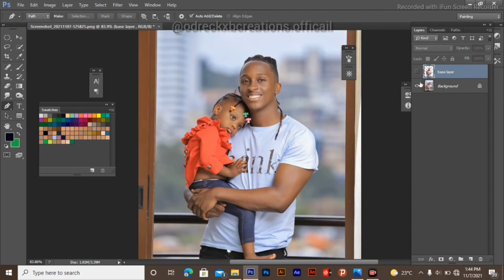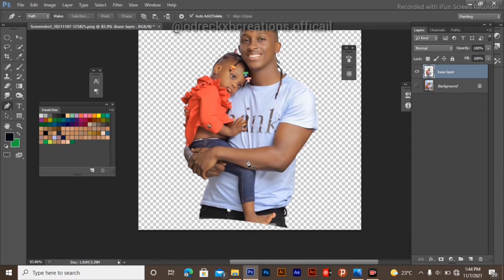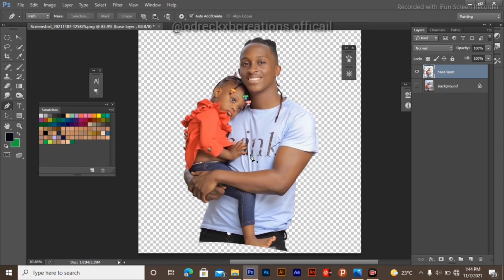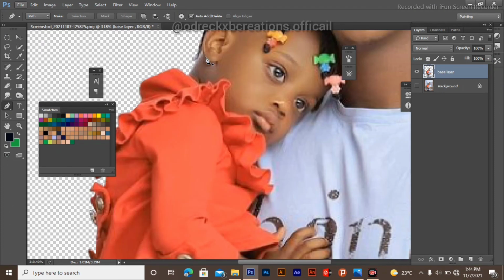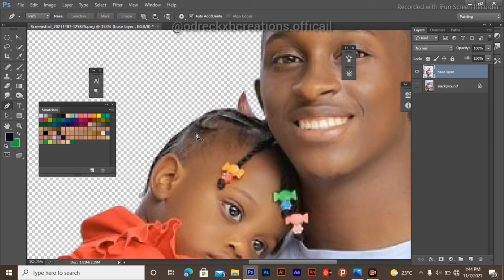Okay. So we check out what we have done. Step 1 is okay, and the next step, step number 2, we are going to increase the image size, like its resolution. If I zoom in here, you can see that it's pixelated. So we shall go ahead and increase its resolution, and to do that, we shall go to Image